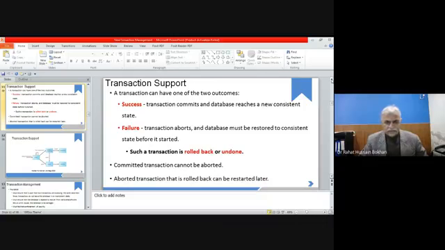Further, transactions may fail. You have aborted the transaction, or there is some sort of malfunctioning of the software. The transaction is not completed as desired. So what we have to do is restore the consistent state from before it started. We have to do a rollback. Rollback means the system will reach the earlier state that was a consistent state of the database. So the inconsistency raised due to failure of the transaction may be ignored. Such a transaction is rolled back or undone.